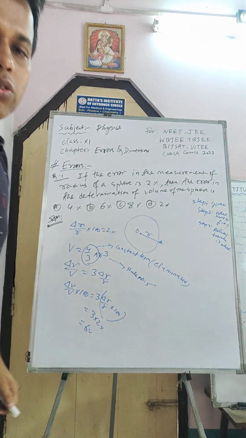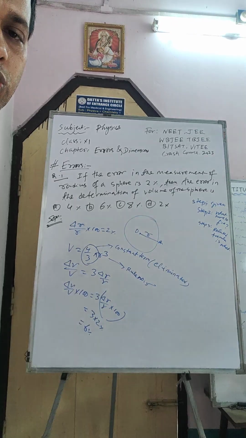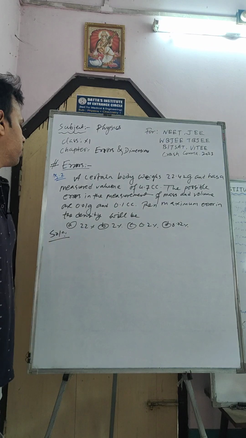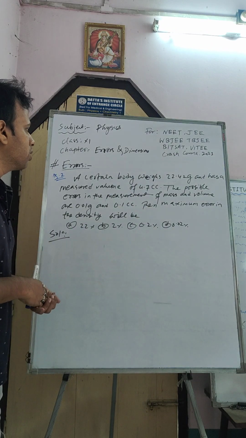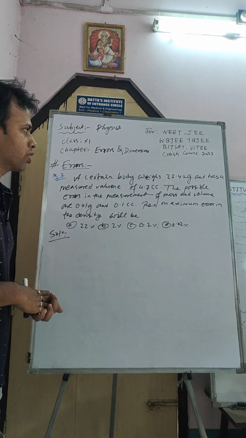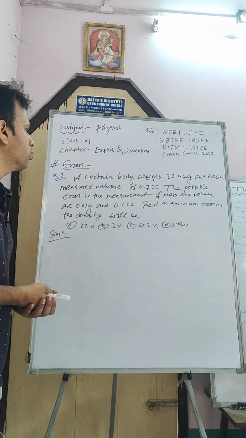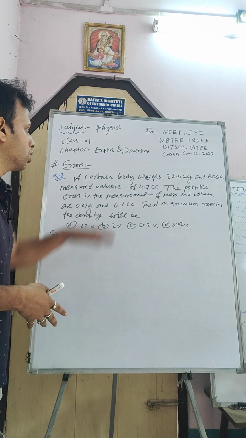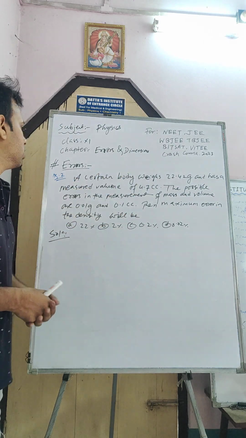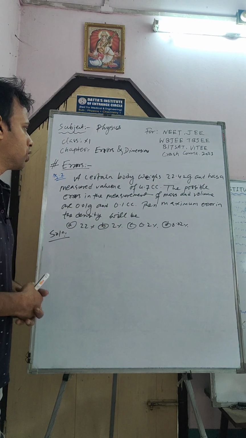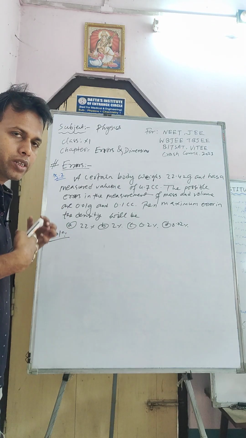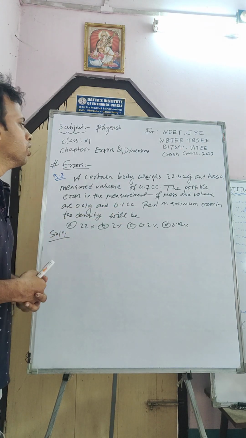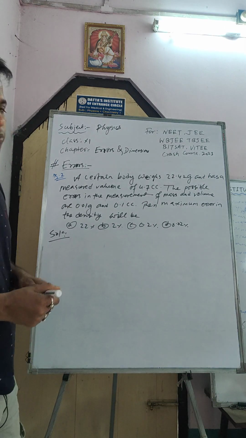Okay, so we will go to the next question. Now that is our next question, question number 2. A certain body weighs 22.4 gram and has a measured volume of 4.7 cc, that is cubic centimeter. They are in CGS unit. Okay, the possible error in the measurement of mass is this one and of volume is this one. Now the maximum error in the density will be what? We have to find out.